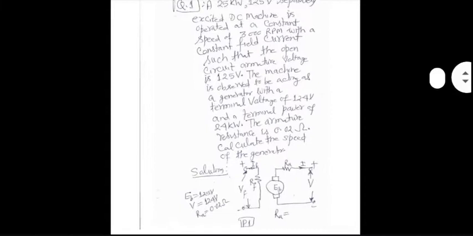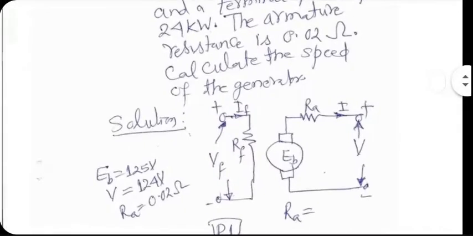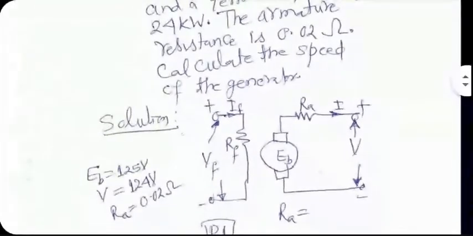So it's a separately excited case. Number one thing you have to do is draw the equivalent circuit very carefully, and note down all the information given to you on the left hand side or right hand side, wherever you want. Back EMF is 125 volt. That is the case in which the machine is not connected to any load. So the output voltage of the generator will be same as the back EMF, which is 125 volt. Actual voltage, when you connect the load, drops to 124 volt.